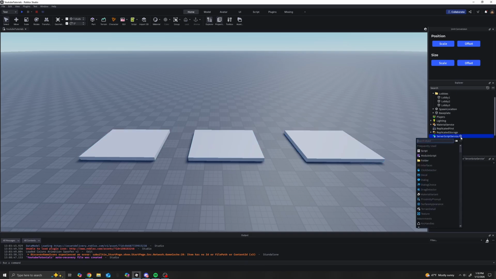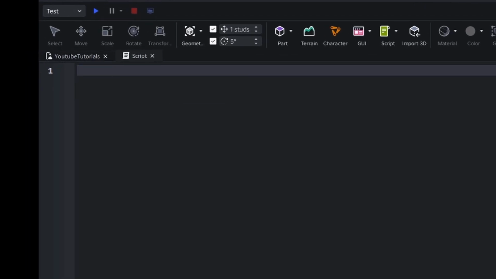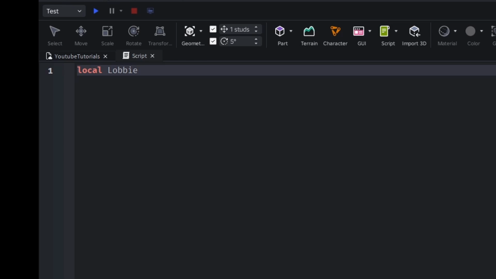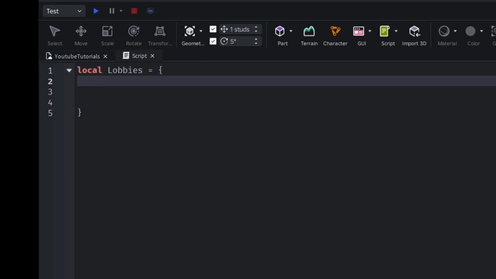We're going to go into server script service here. We're going to make a new script. Get rid of the default print. And I'm going to go ahead and make a table called lobbies. And this is actually going to be a dictionary. And what the difference is between a normal table and a dictionary is that a dictionary is going to have different